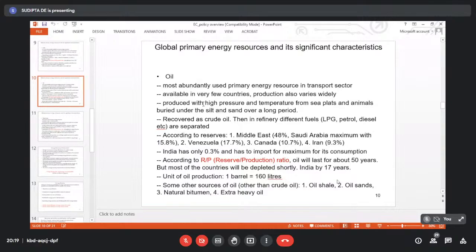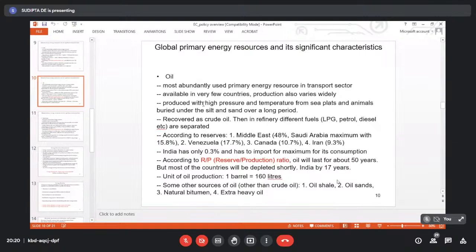So this crude oil is basically a mixture of a large number of hydrocarbons along with some other impurities. So this crude oil has to go through refinement in a refinery. Refinery means where the original crude oil is segregated or separated into different useful products, and these different useful products are named petrol, diesel, LPG, etc., just because of their